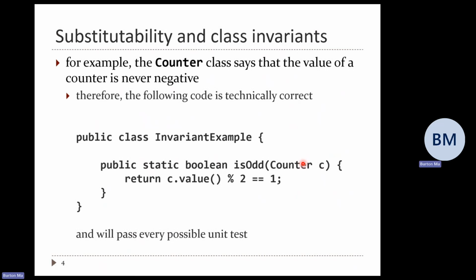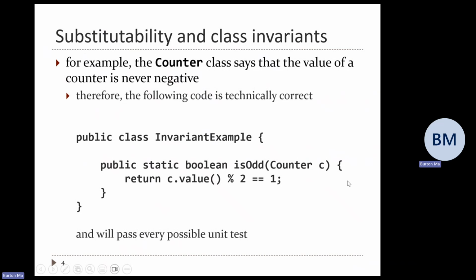If you look at what the counter class says for its value, it says the value is always 0 or greater. So you can create any counter that you want and pass that counter to that method, and that method will always pass its unit test. So this method is provably correct